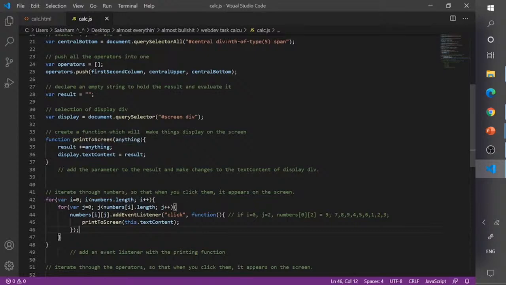Okay, and then the print to screen function works, and we have 9 written in the place of anything, because this keyword refers to numbers 0, 2, which is 9, and 9 dot text content is 9. So result equals result plus anything, that is the empty string plus anything, which says 9. Okay,